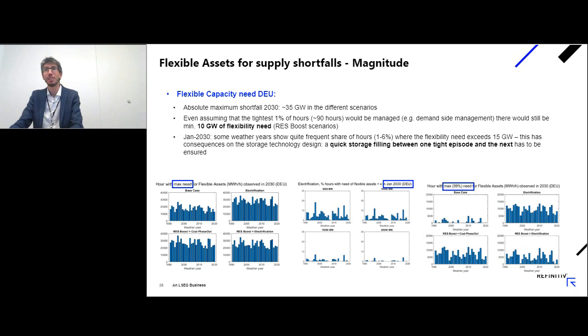And if you focus again on January, so what happens in a January month, and you focus again on the number of hours, so instead of focusing on the magnitude, you focus on the percentage of hours with need of flexible asset larger than 5 or 10 or 15 or 20 gigs, what you see is that you have a non-negligible number of hours where you need flexibility larger than 15 gigs. So non-negligible means across the January month, across the different weather years, you get up to 6% of the hours in January where you need more than 15 gigs of